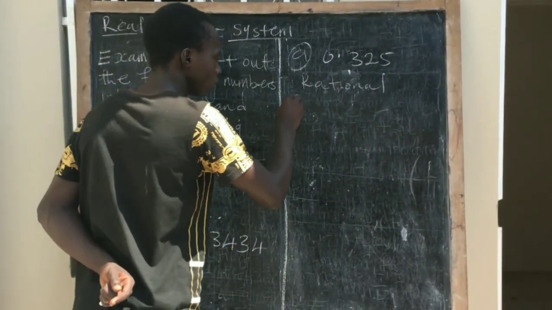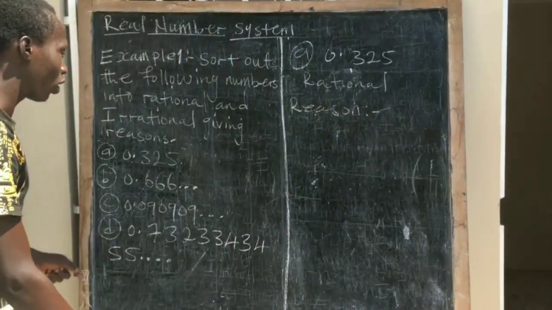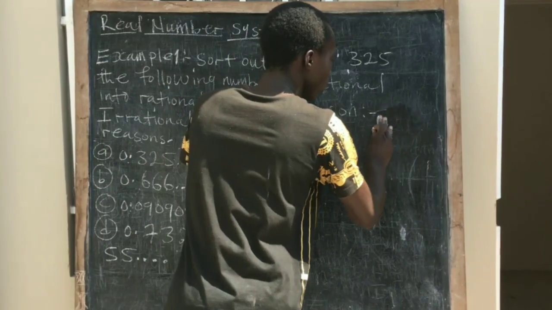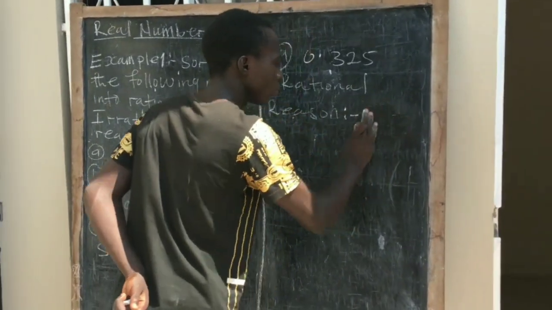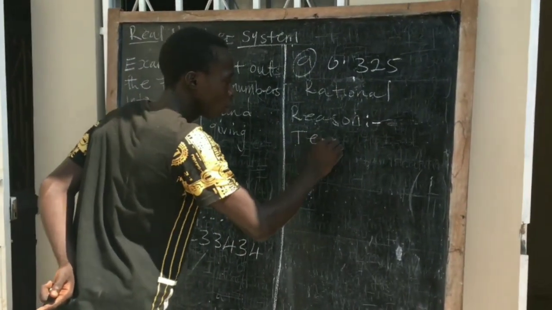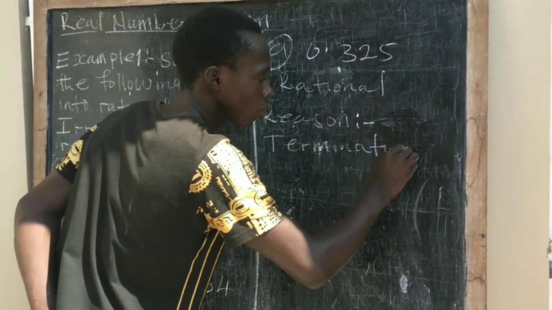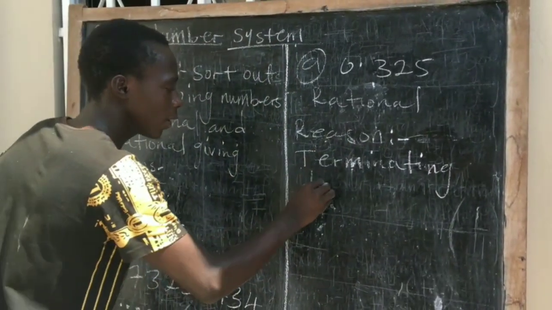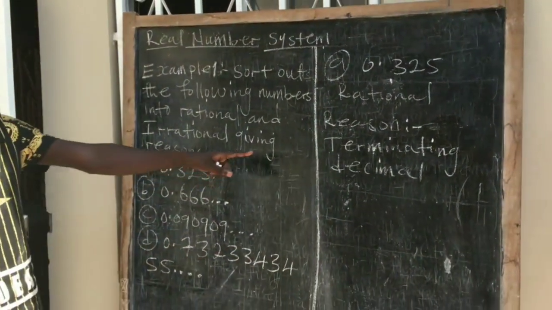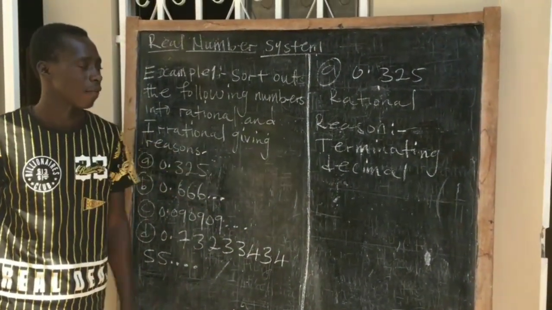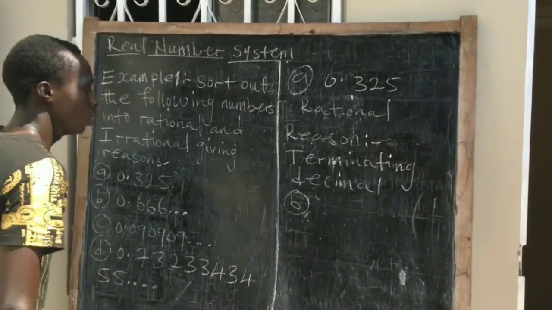Reason: it is a terminating decimal. That is A. The reason for A is it is a terminating decimal. It is a rational number. Reason is terminating decimal. Then B, we have